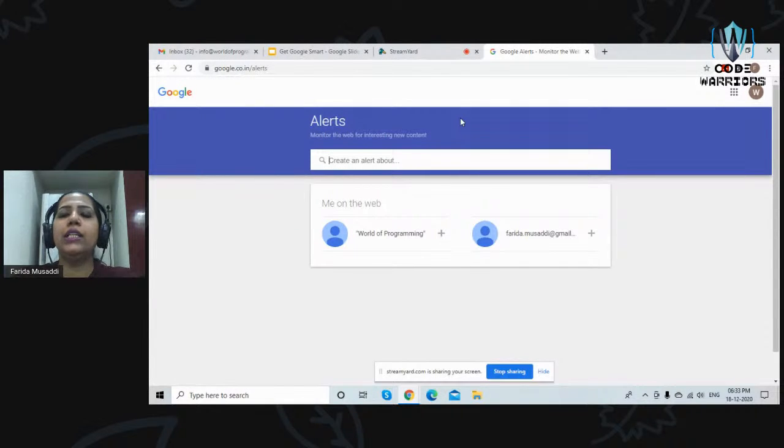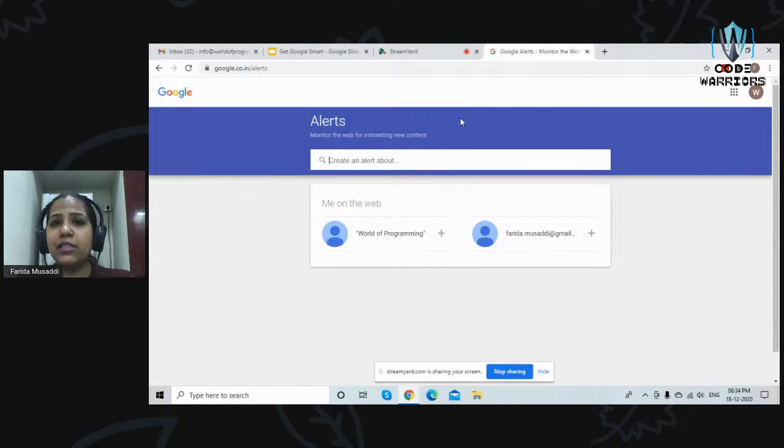Now, Google Alerts is very useful, especially for people who always want to be knowing things which are happening, or if you are interested in some particular kind of information and you want latest updates about it, then you can go for Google Alerts. But I'm sure many of the people have not used this application before.